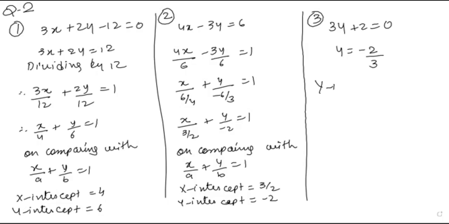So here only y intercept is there, which is minus 2 by 3. So you will have only y intercept minus 2 by